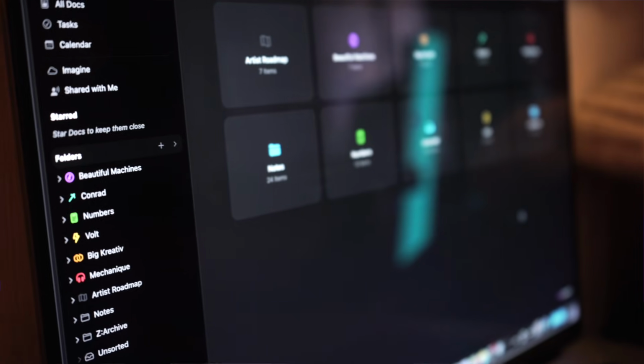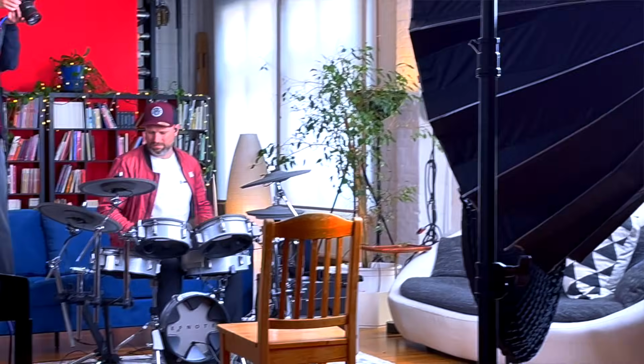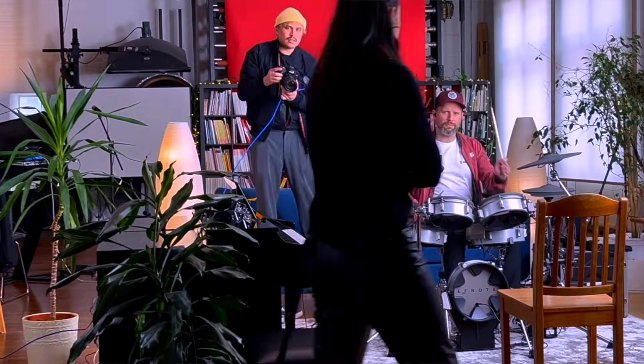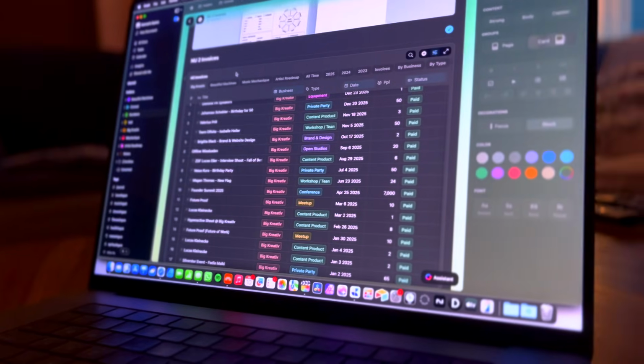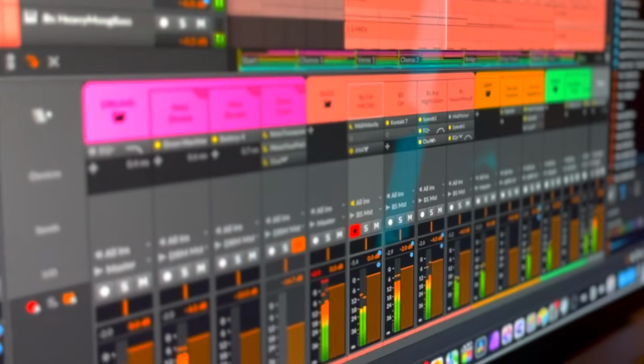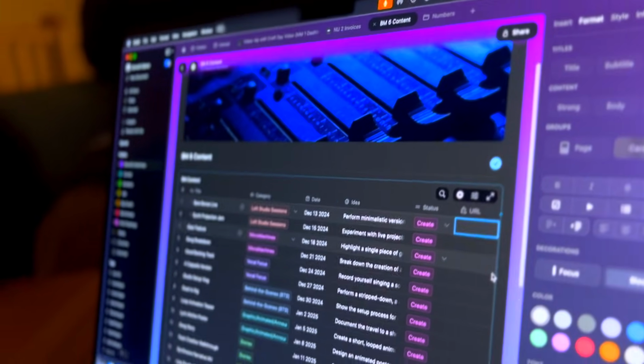So I use Craft as my central command center for all my projects and business. As the founder of Big Creative, which is a media production company and event rental space, I use Craft not only as an event planning tool, but also as a CRM. So I do things for invoicing and accounting. Meanwhile, as a music producer for film and TV composer, I use Craft to keep track of my music library, projects, manage my sync briefs, and production schedules to keep track of all my licenses and accounts.